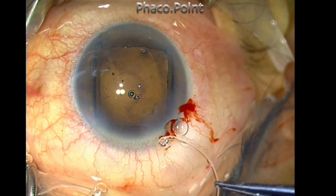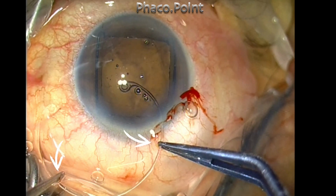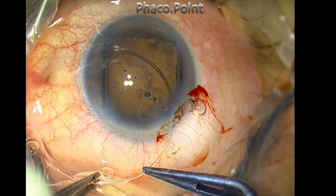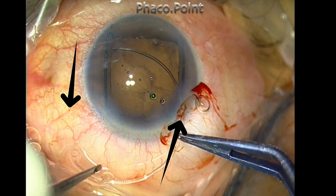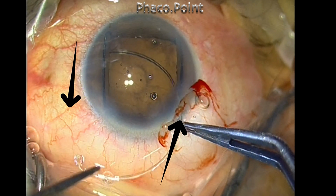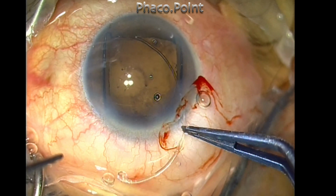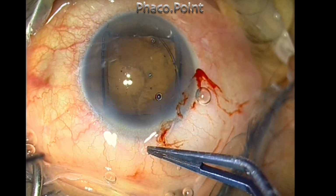Now as you see, the two plain forceps are held at a distance about 1/3 from its two eyelets. The second plain forceps will enable you to control the direction of feeding the CTR. CTR is fed in a downward direction while the eyelet that's fed inside the eye moves in the opposite direction. This occurs because the CTR gets bent along a fulcrum, which is the edge of the capsulorhexis. Now once the CTR is got into the right plane, then by gentle pressure it is fed into the capsular